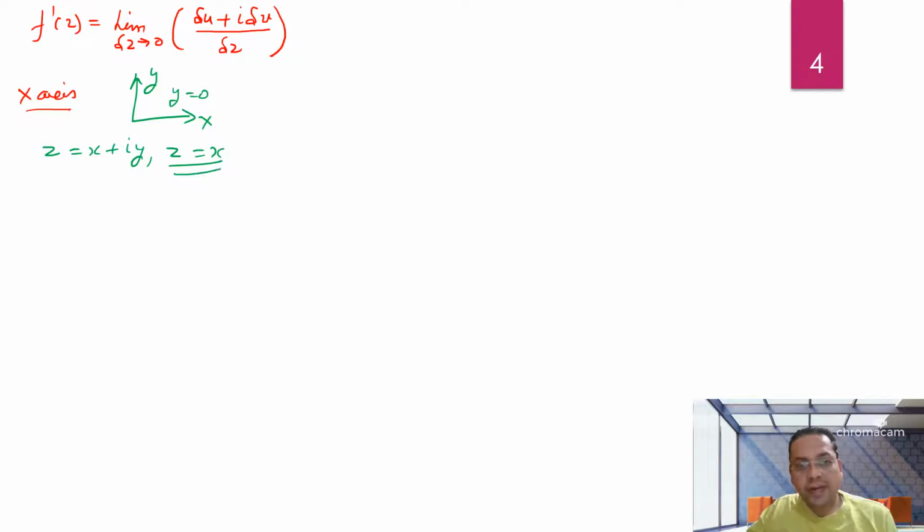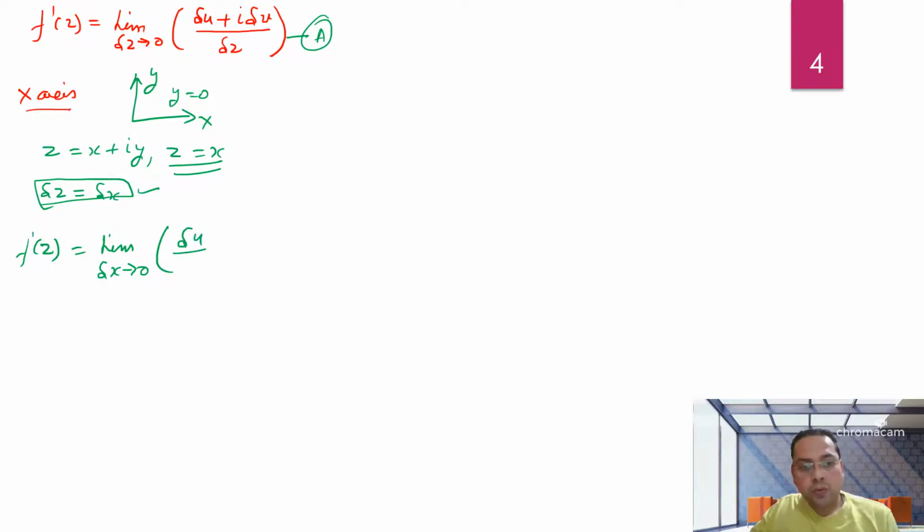So the increment delta z should be equal to the increment delta x. So replacing this value in equation A, what we have, f dash z is equal to limit delta z is replaced by delta x, so delta x tends to 0